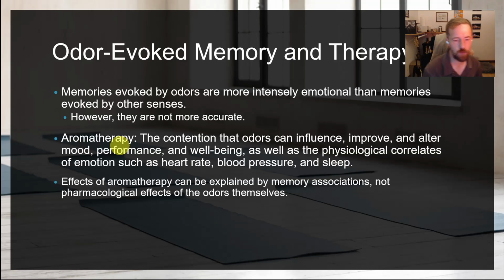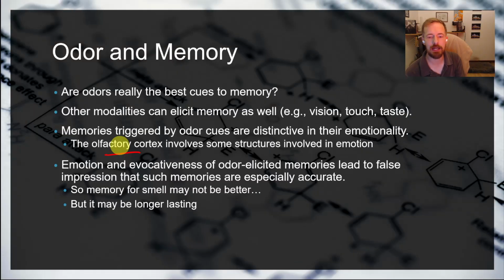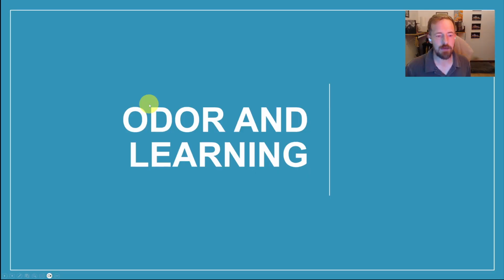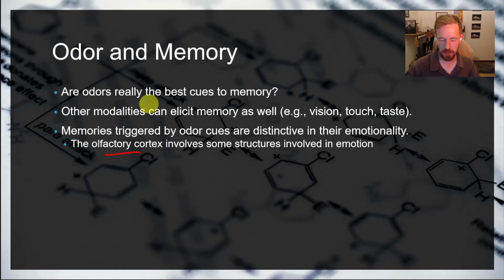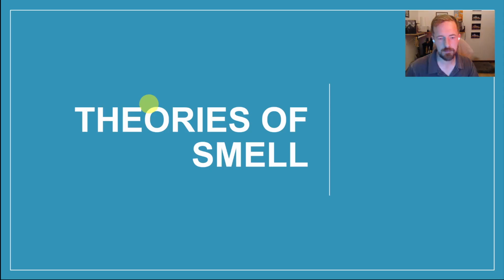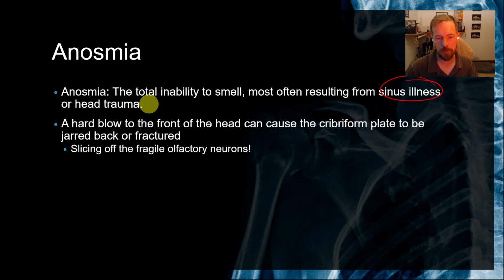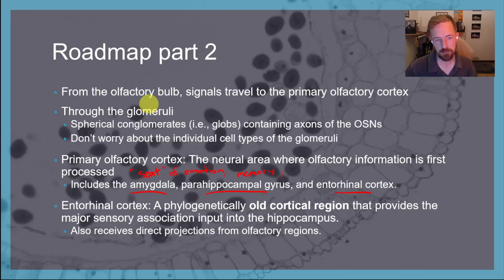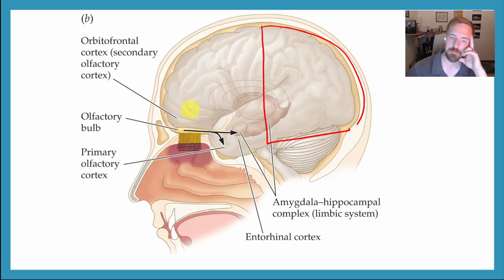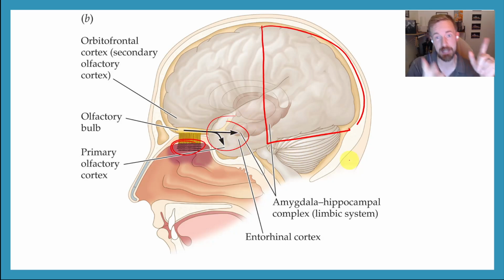All right. Part of the reason for this is, and I don't actually mention it here now that I think about it, I should put this in writing because this is really important. Actually, I'm going to go back a lot for a second, because I want to show you something when we're talking about the brain and the roadmap to the brain. Okay, so this is where we were, right? We're going straight from the olfactory sensory neurons to the olfactory bulb, and then straight to the olfactory cortex. We skipped an area. What area did we skip?